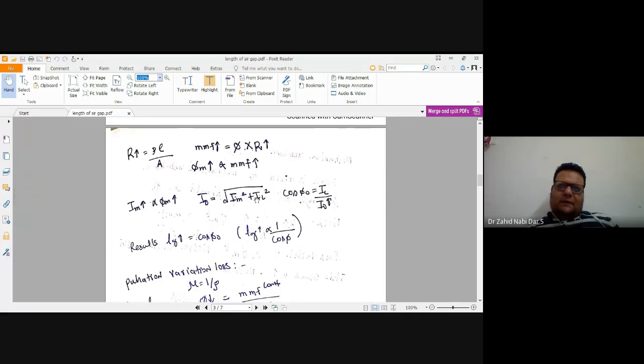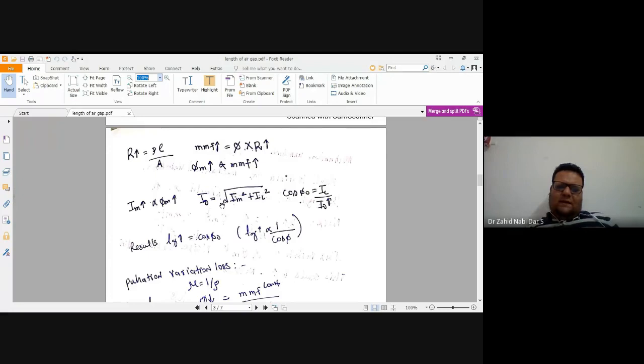But in the practical scenario, we don't find a pure inductor. Suppose there was a pure inductor, then there would be no resistance. If there is no resistance, then if you are transferring a current through it, there would be no loss. So hence there is a resistance term, there is a loss component involved. So there is a resistive loss. While transferring power also, we don't get 100% power, because the wires which are transferring power also have some amount of resistance, and because of that there is loss in power transfer also.